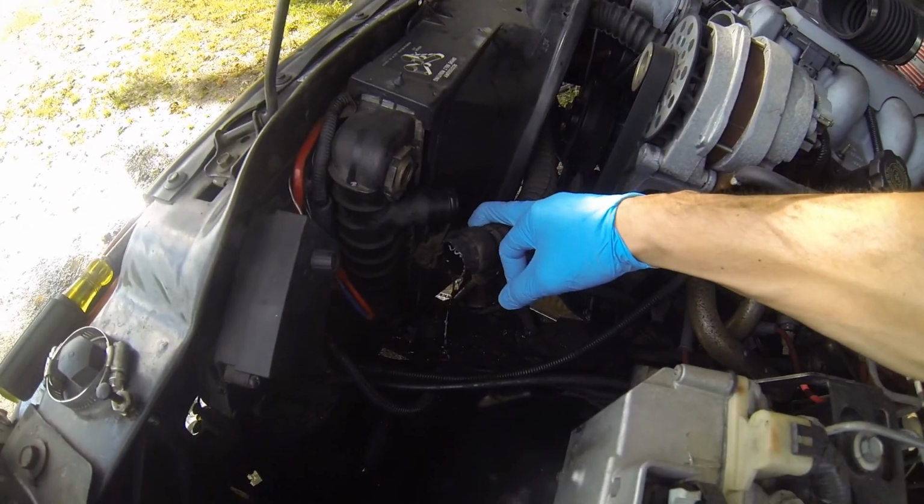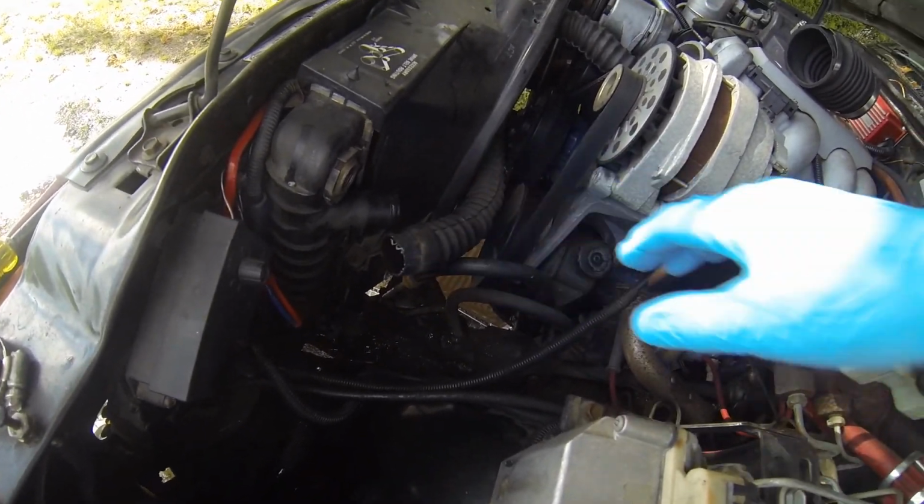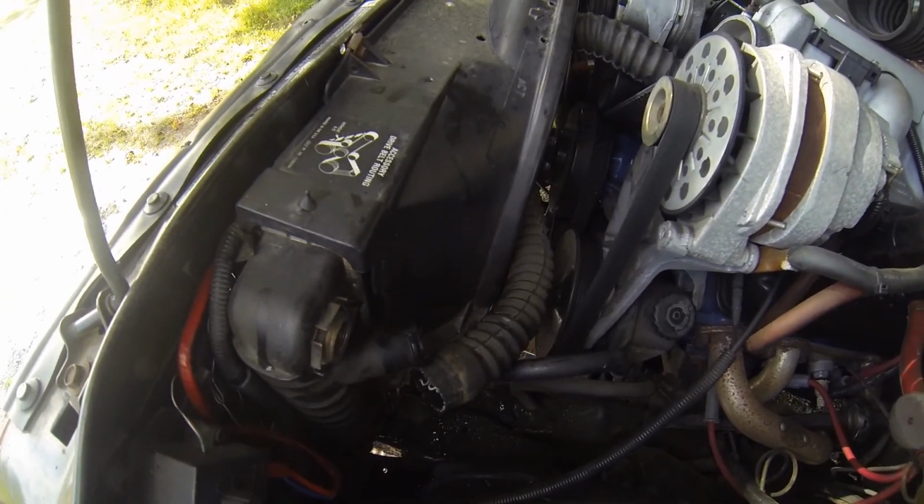There's many videos out that show you how to properly flush and clean out your cooling system in your car, so I'm not going to go through the details. I'll just show you a couple of quick highlights as I'm doing the procedure